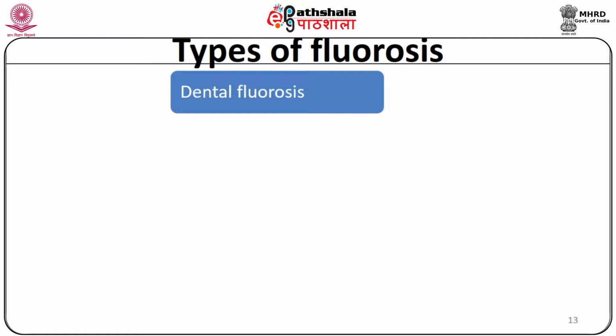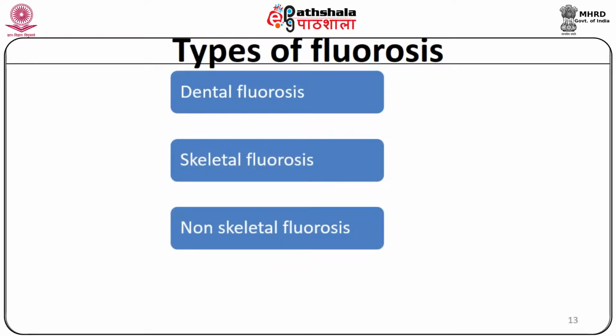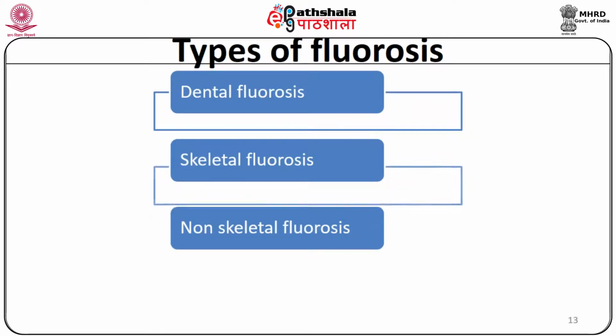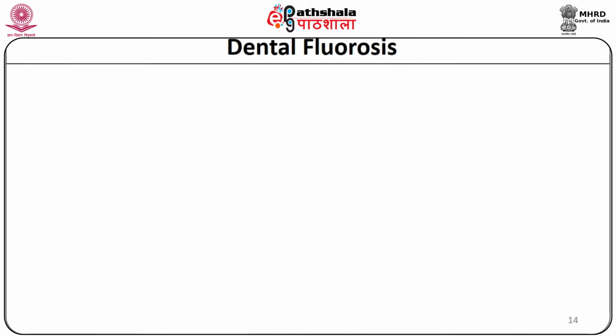There are different types of fluorosis depending on the area of involvement. It can be dental fluorosis, it can be skeletal fluorosis, and it can be non-skeletal fluorosis. So there are three types of fluorosis depending upon the principal organ involved. Dental fluorosis: